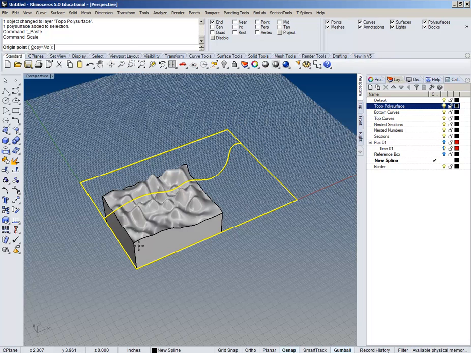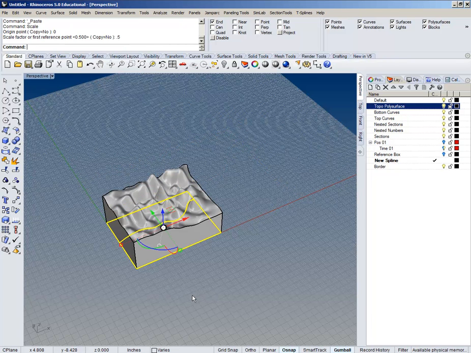Scale. There's two ways to do it. If you have not had to change anything the whole time, and you didn't have to do any nudging, you can just do the same scale. You can pick your origin point to be 0, and you can say 0.5, right? If for some reason you had to change something,